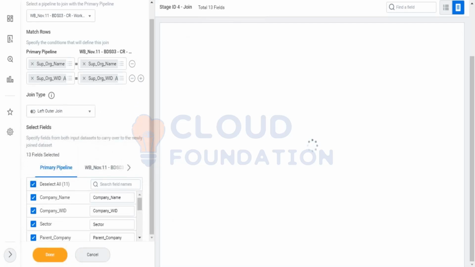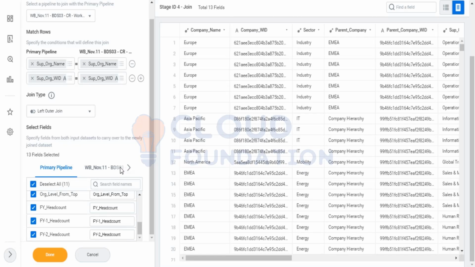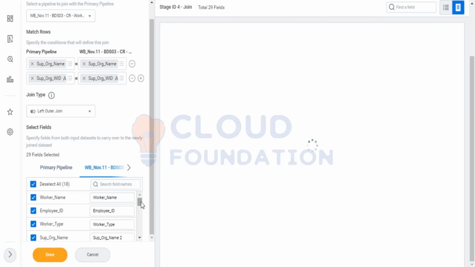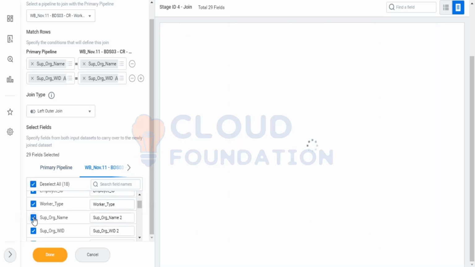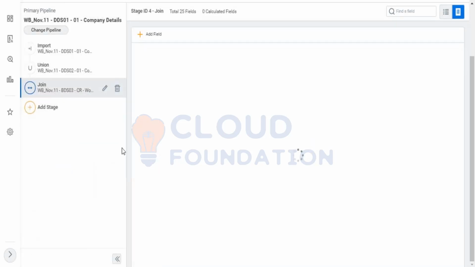Again, I'll select every field from my first data set, which is my primary pipeline. But from my secondary pipeline, I would not select the supervisory org details. And the reason is we already have that from the first data set. I'll also remove the WPA load ID and the load timestamp. And when I say done now